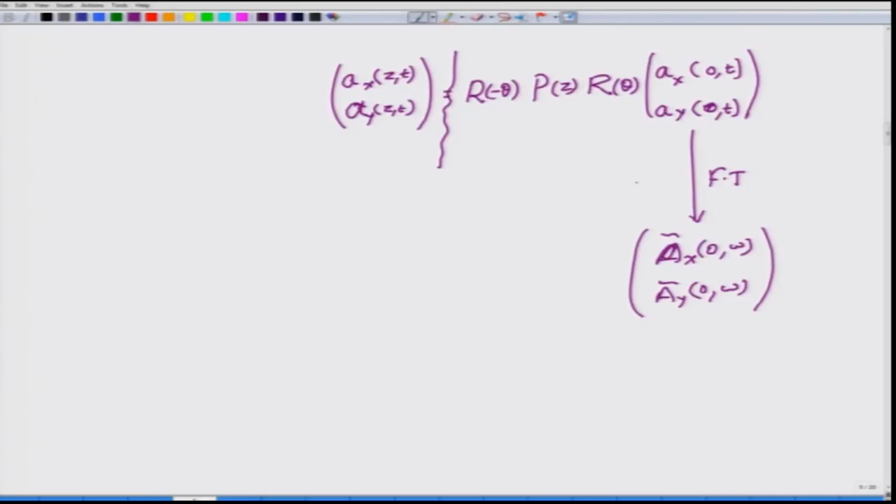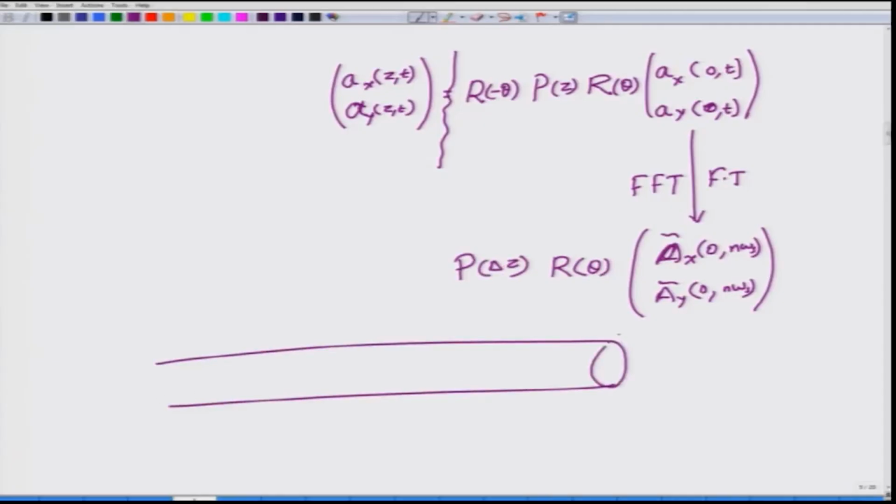And instead of taking the Fourier transform, if you want to implement this numerically, you are going to take a discrete Fourier transform, or DFT, and therefore obtain this discrete array of omega s or n omega s components, right. And once you have this discrete Fourier transform, you are going to multiply this one by r of theta, and then you have p of delta z, because you have a fiber of this section long,